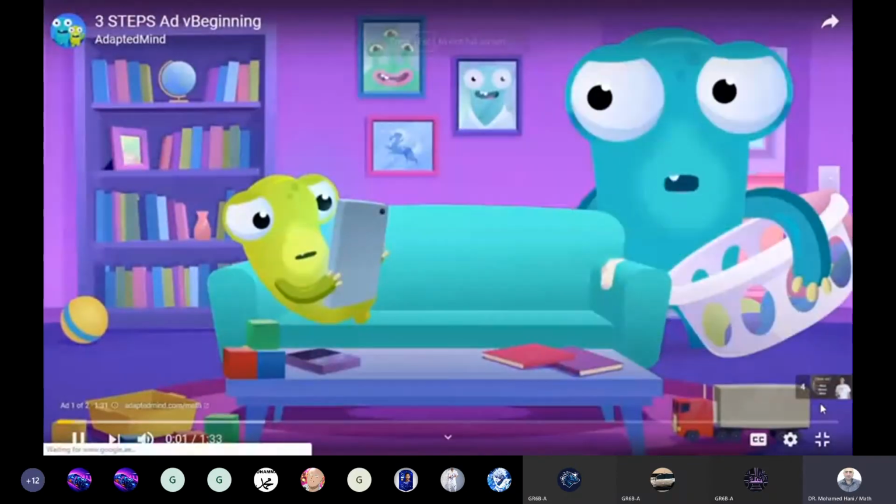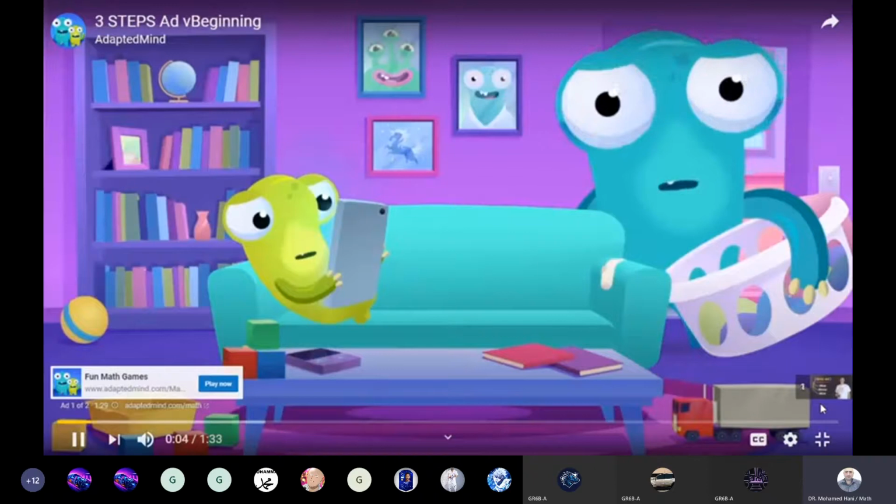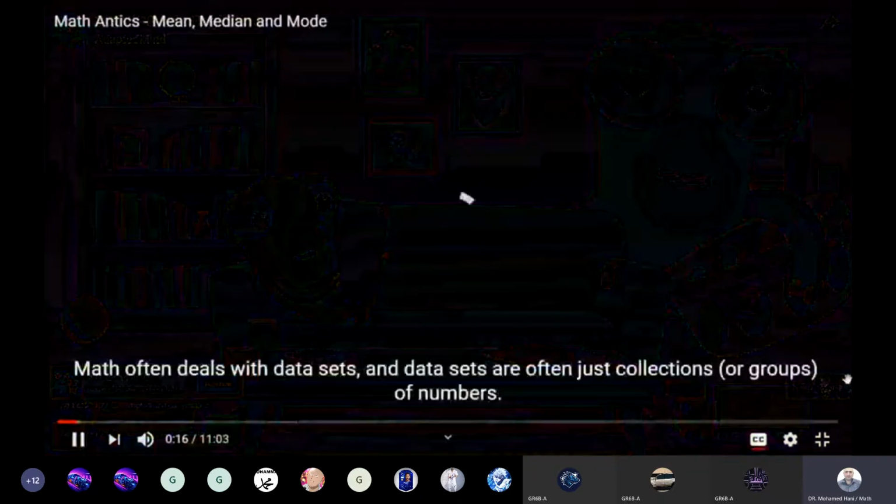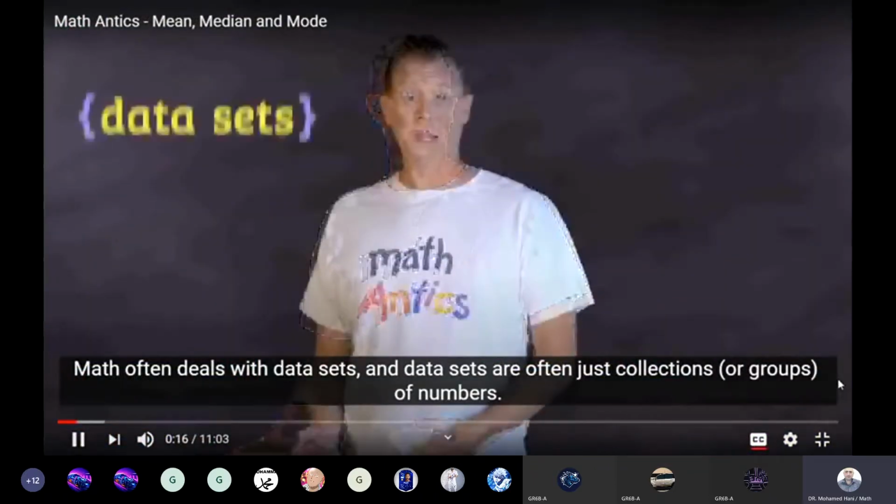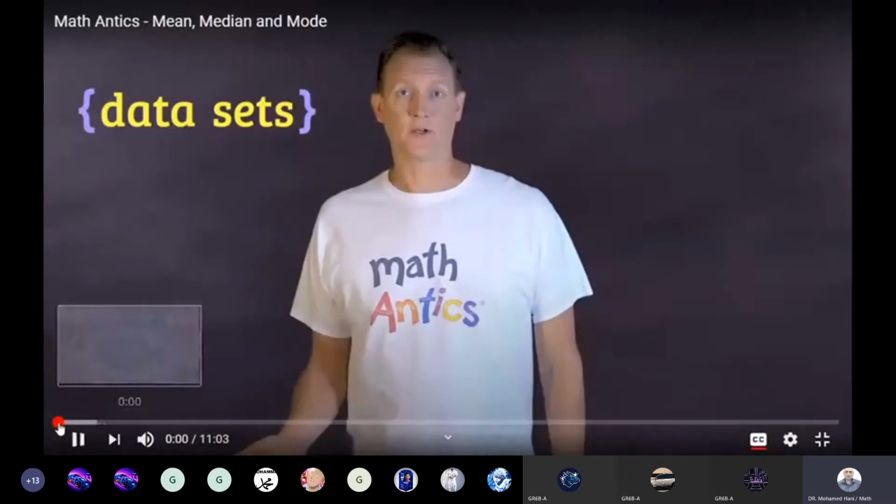We get it. You don't really want your kids watching videos, but it can have with data sets, and data sets are often just